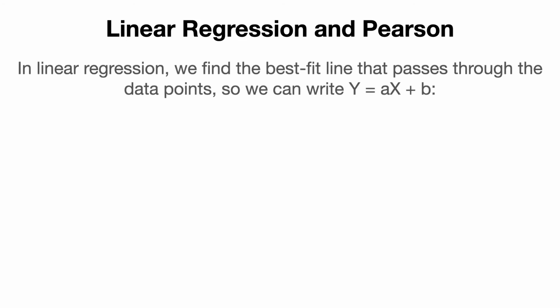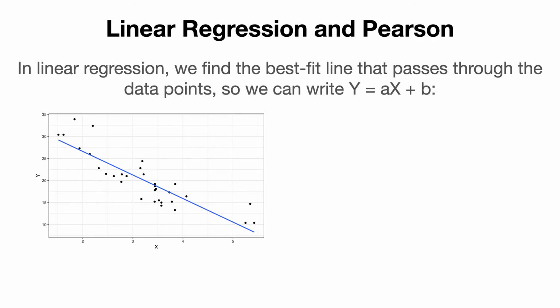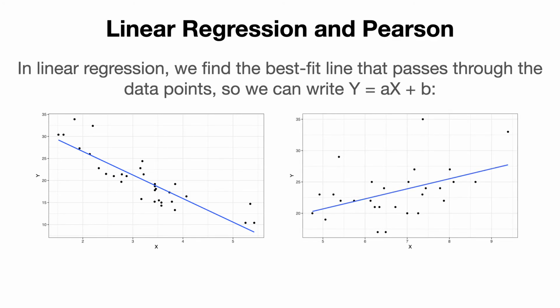So I'm going through all of these connections between correlation and other things that are also very important, like linear regression. You saw that we are talking about linear association. This is something you've probably seen before: in linear regression, if you have data points, we want to find the best fit line that passes through the data points. So we can write y as a linear formula like this. We have this data set from before, and this other one from the examples I gave earlier, and there's a connection. Intuitively, if our Pearson correlation coefficient is close to 0, that would mean that our linear regression line might be